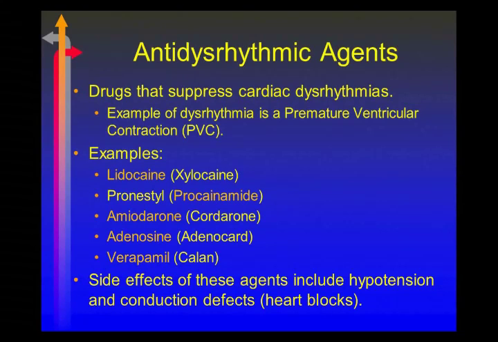Okay, so if I have a premature ventricular contraction, and I think you remember that there are times where PVCs are more problematic: they come more than 6 per minute, when they come in couplets, when they come with friends from different neighborhoods, right? When it's on or near the T wave. These are all bad things that can happen. If I had a situation like that, I would give an antidysrhythmic, an antiarrhythmic,